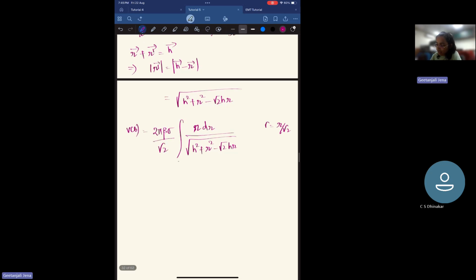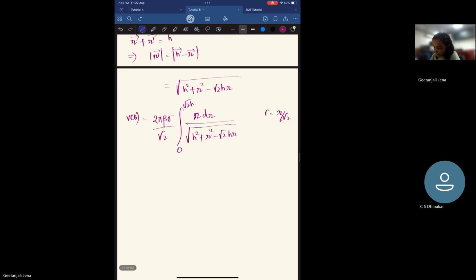And the integration is from 0 to root 2h. That gives sigma over 2 root 2 epsilon naught, integral from 0 to root 2h of r dr. So to solve it,